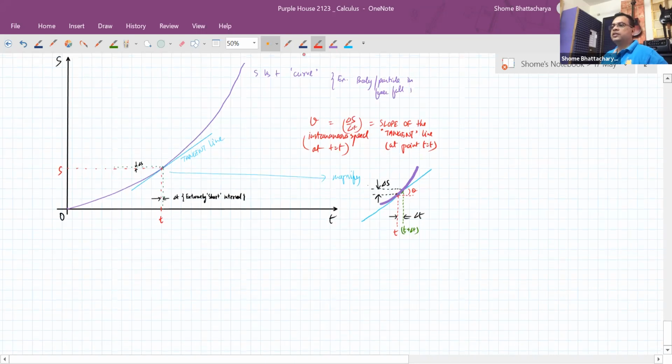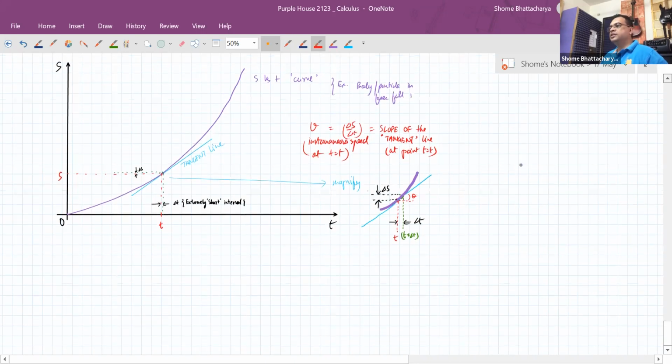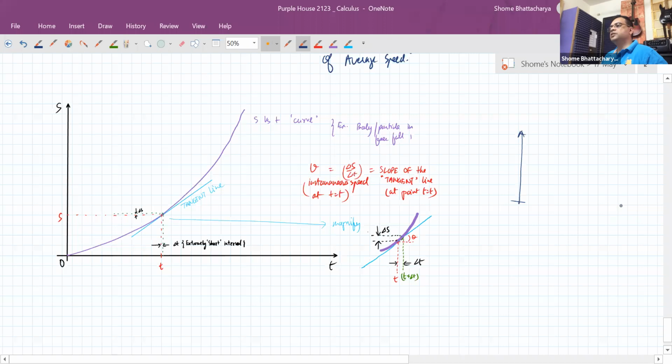So for example, on a graph like this, you can understand why the instantaneous speed is increasing with time. If the distance versus time graph is curving like this, the tangent drawn at this particular point of time is like this, and the tangent drawn after a bit of time is like this. You can see it has increasing slope. So for this particular distance versus time graph, if you compare the instantaneous speed at two different times, not the average speed, you can see